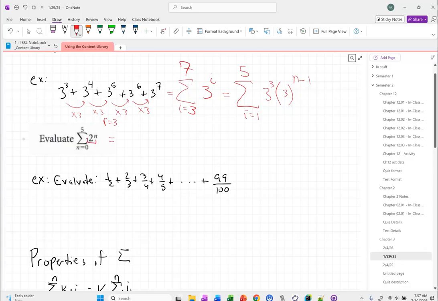So we're using this, and what are we going to be plugging into it? The numbers from 0 to 5. So the first thing is 2 to the 0, and then